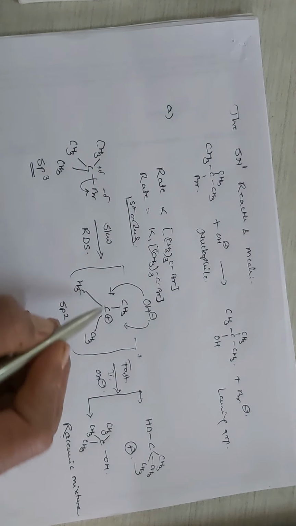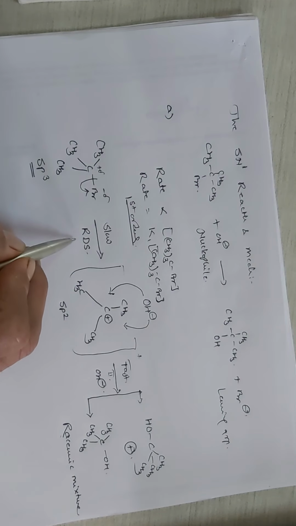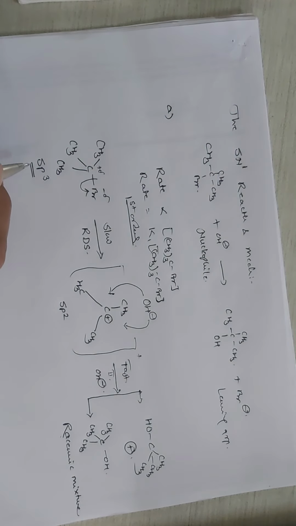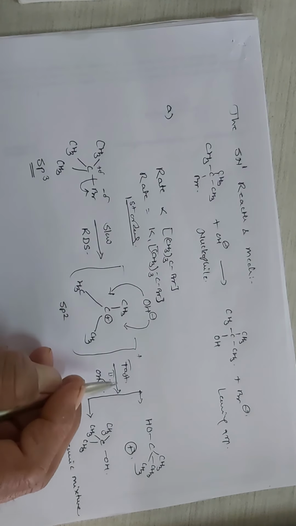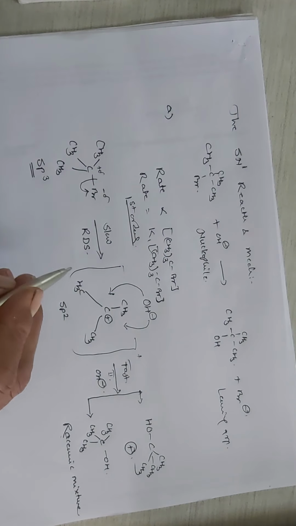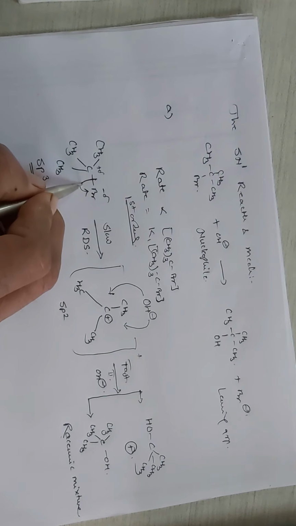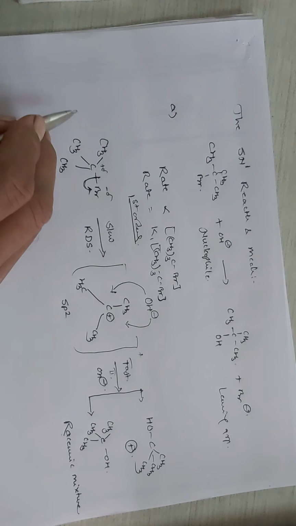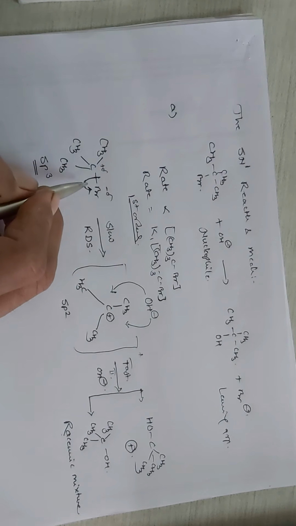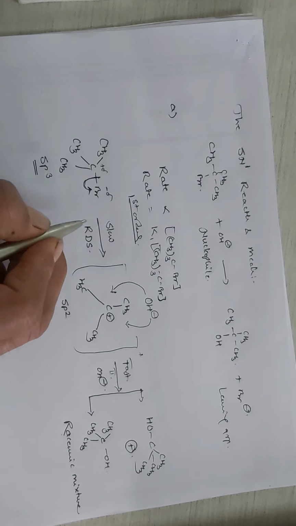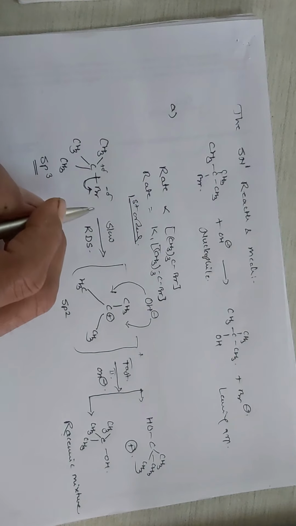And so the attack of the nucleophile takes place in the second step, but in the first step only the substrate is involved. So the C-Br bond breaking takes place in the first step and the C-OH bond formation takes place in the second step. So from where does it get energy to break this C-Br bond? Because in SN2 we have studied that as the partial bond formation of the nucleophile starts, energy is released and this energy is utilized for the C-Br bond breaking. But here, from where does the C-Br bond breaking get the energy?